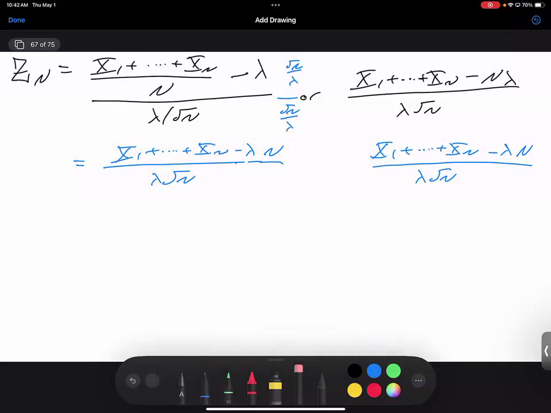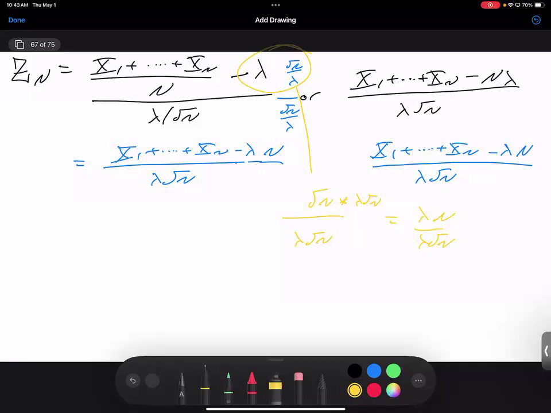This should be a square. This should be right. So if I'm looking at what's going on over here, I have lambda times square root of n. And so the lambdas cancel. And this term over here is just going to give me a square root of n. But I then want to have it over denominator lambda square root of n. So I have to multiply by lambda square root of n. And now I get lambda n over lambda square root of n. Okay, so now everything matches and the two expressions are the same.